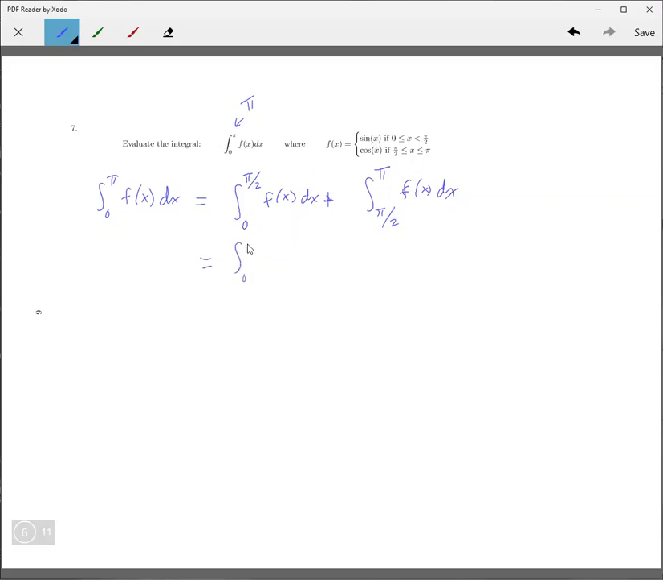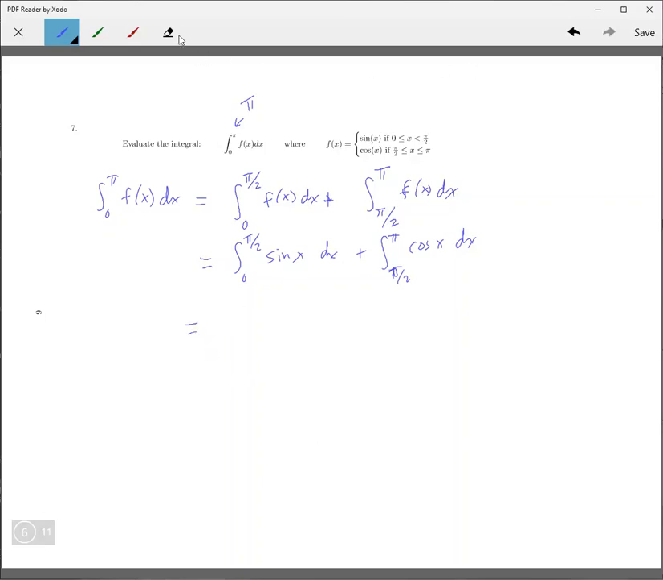Okay, so you put a sine x in here. And from pi over 2 to pi, it's just cosine x. So you replace this f of x with the cosine x, like that. Okay, now